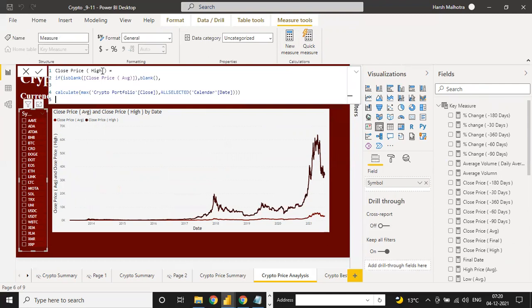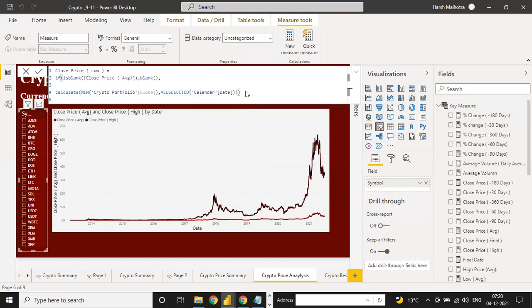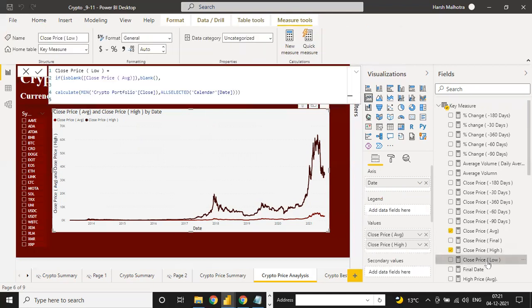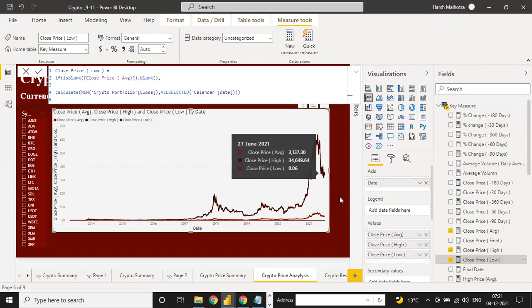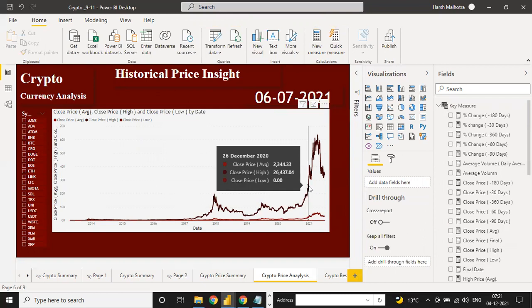Just enter, and instead of high, you put low, and instead of max, you put minimum. So this value will give you the minimum of the close price. Right now we need average and maximum. Click on this table. Here is the close price low. So just put them together and see the low, high, and average. You have all the values together.